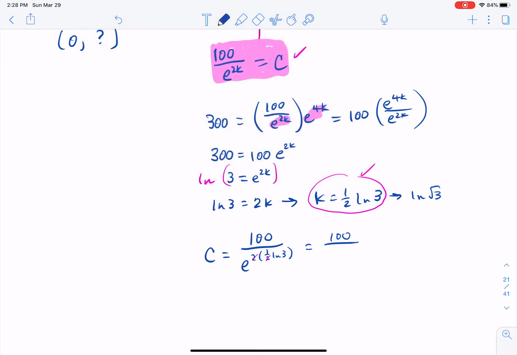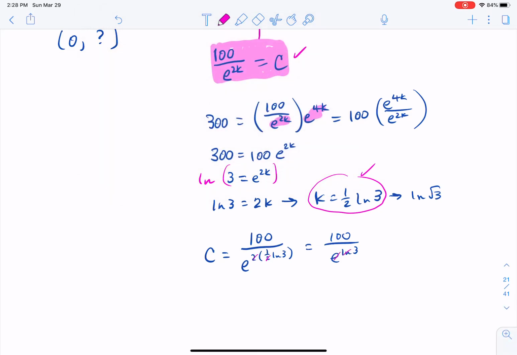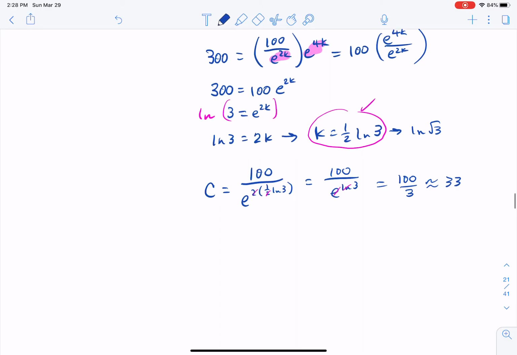And I've got e to the natural log of 3, and then more canceling because of some inverse properties. I get 100 over 3, which is about 33 and a third, sure, but we should not have a third unless you got some mean kid laying around, a third of a fly. So we're going to say that there were